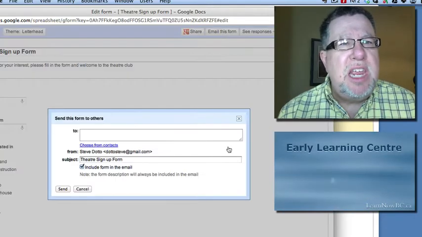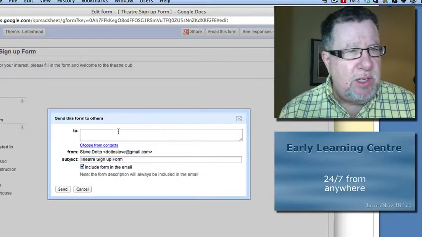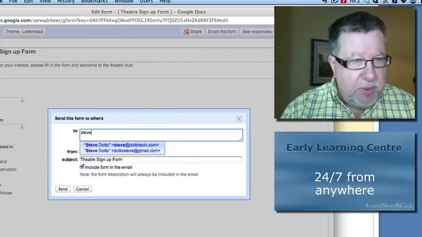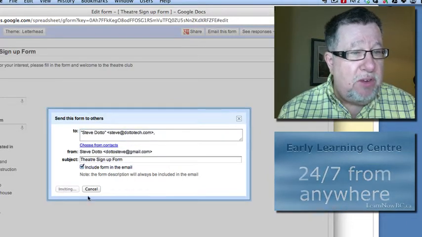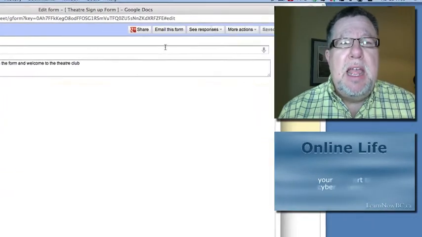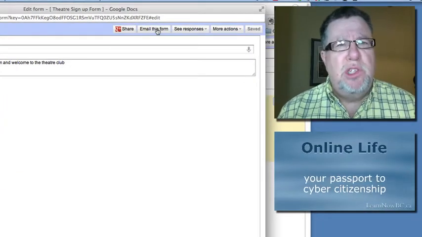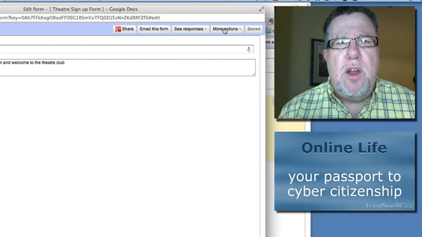So we're going to either choose to email this form to people who are interested in it. So I'm going to send it to myself, so that you can all see exactly what it looks like when you fill in the information, and we can get an example of that. But beyond emailing to ourselves, which I'll show you the result of in just a few moments, we can also